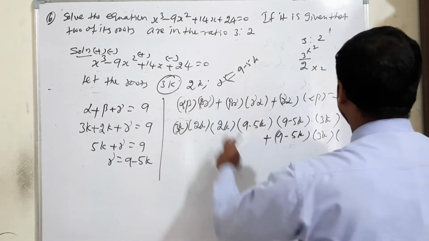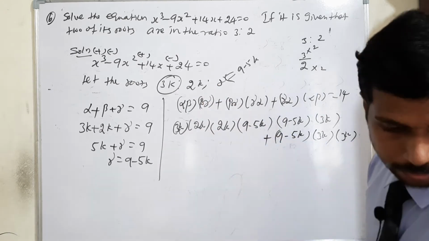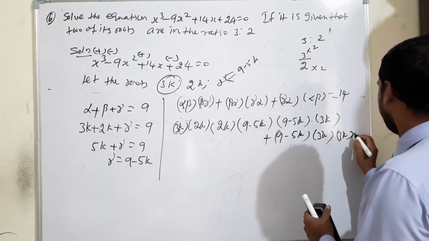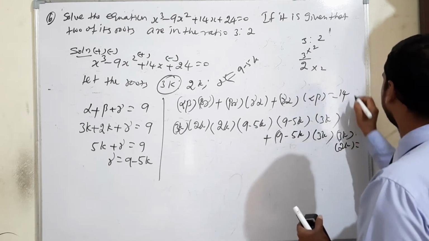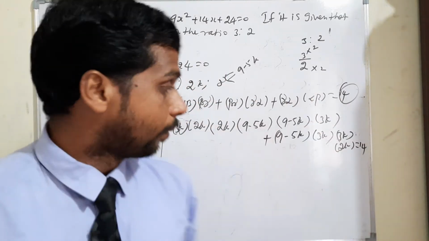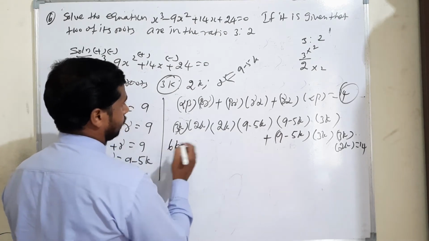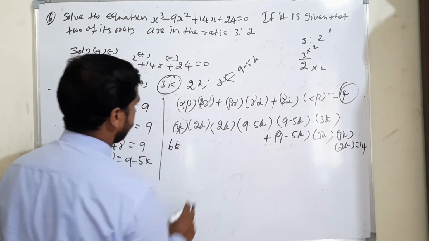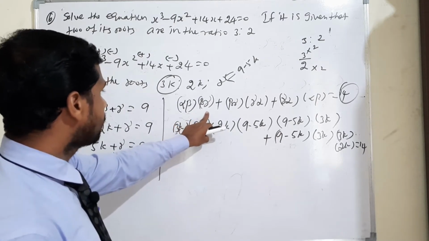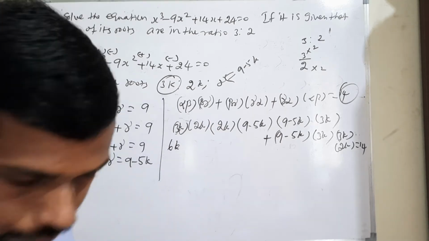Alpha is equal to 3k. Then beta value 2k, isn't it? 3k into 2k is equal to what value? Actually we have 14. Now simplify one by one. So 3 into 2 means 6. Sorry my dear, listen very carefully, this is actually alpha beta gamma. Sorry, this is a simple mistake, no?